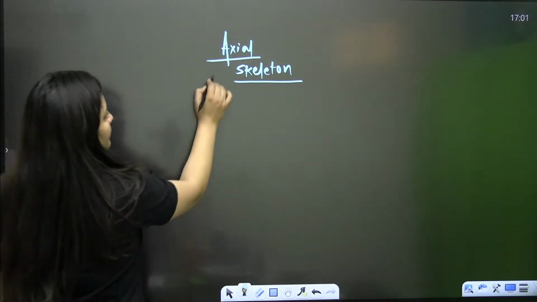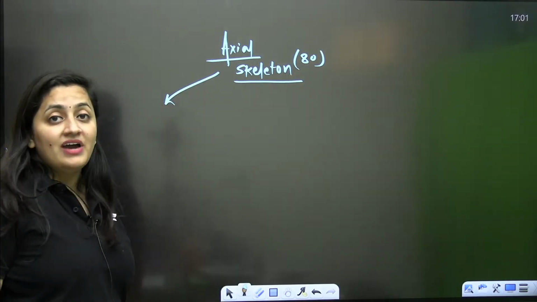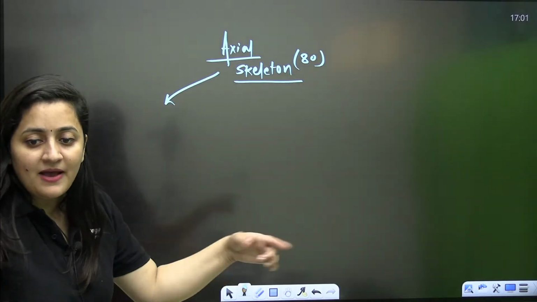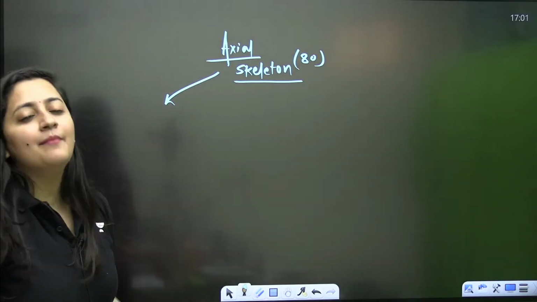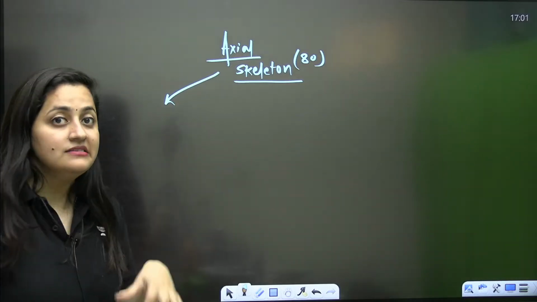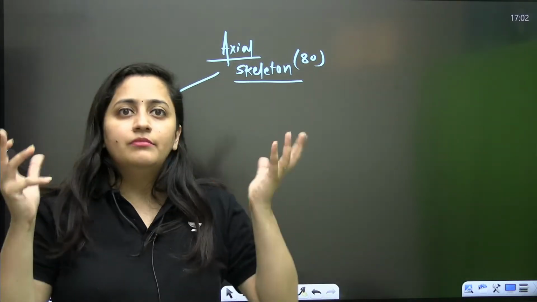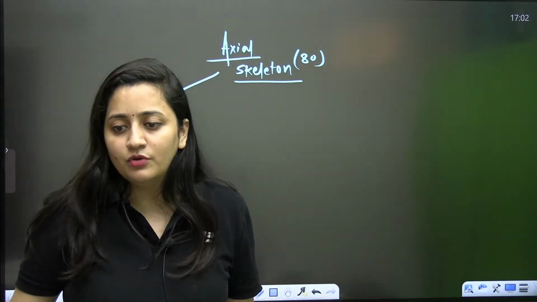Fine. So when you talk about the axial skeleton, how many bones are there in totality? 80. We have to revise it again and again. Why are you repeating this, ma'am? It's important to repeat this portion. We have to cram it actually. We have to cram the name of each and every bone here. There is nothing that you can understand about why bones are there. They are present, they have a name, and we have to remember that.